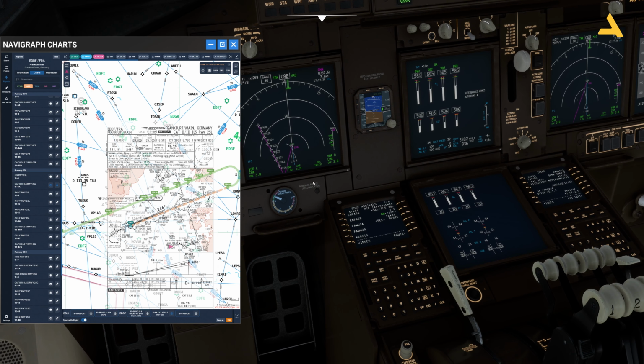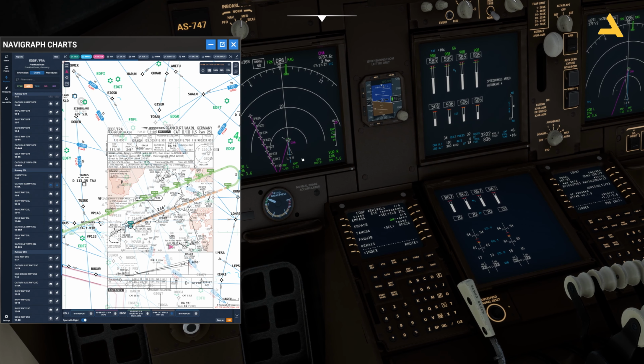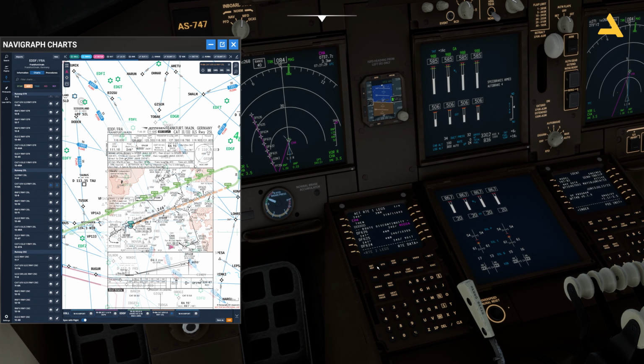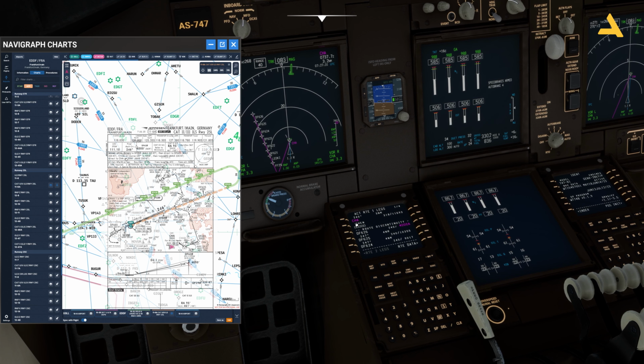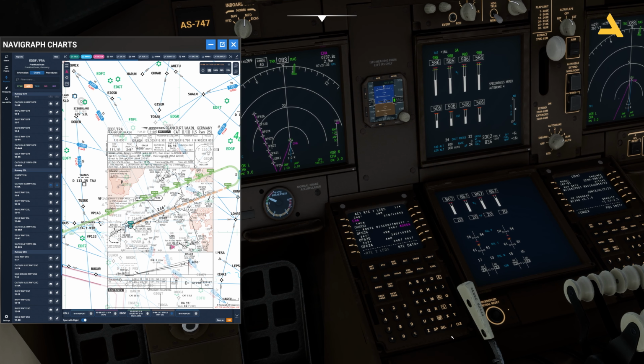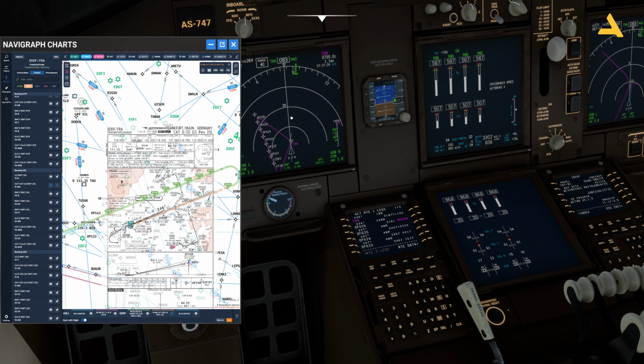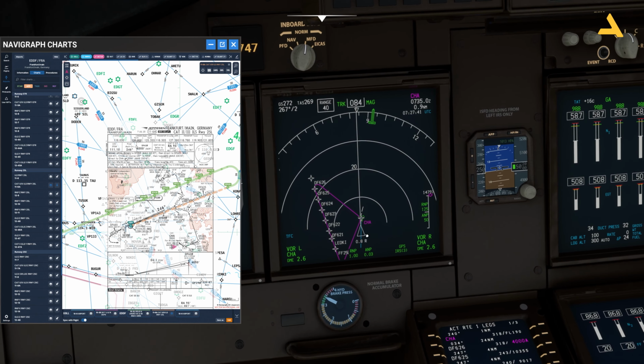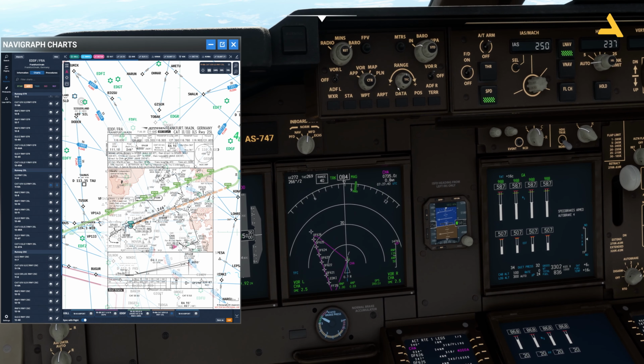That's it. Now, if you go to this option, legs, you can see the plane is first going to CHA, then there is a discontinuity, and then the plane will go to DF626. You can get rid of this discontinuity and press execute. Now you have a proper flight path. The plane will now go to